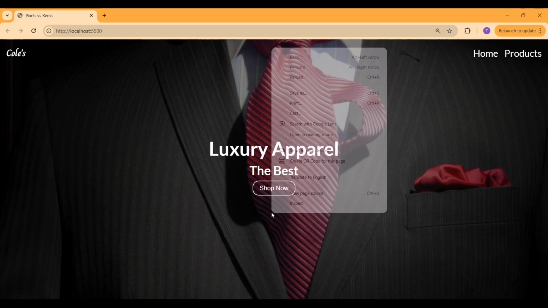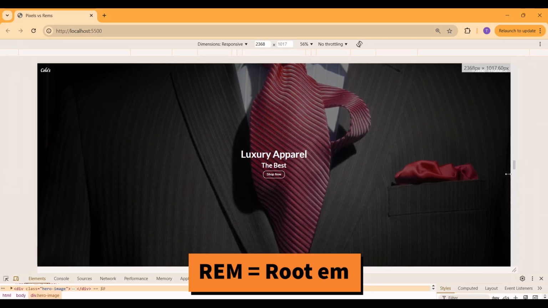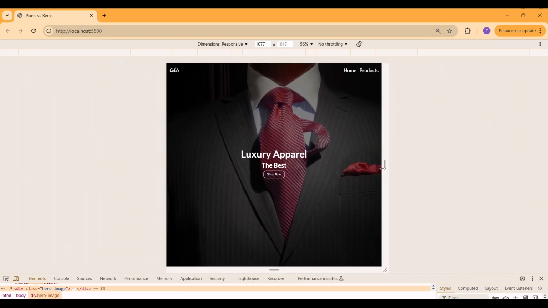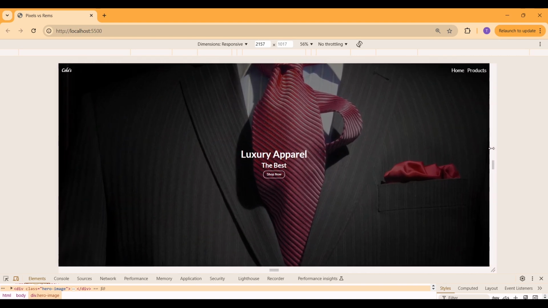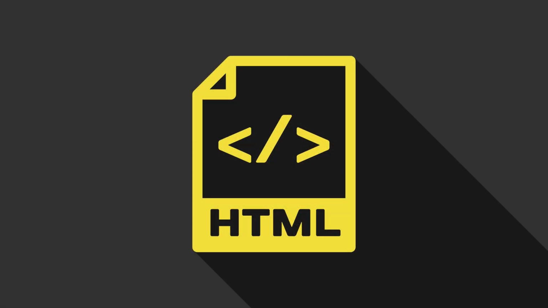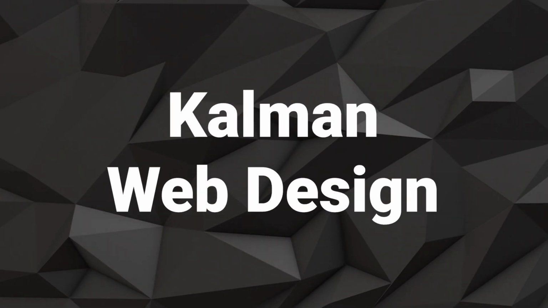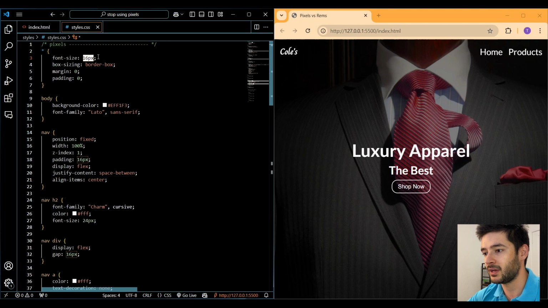Rem stands for root M, and what this means is that it's a relative unit and it uses the size of your root element to size your text or whatever you're targeting in your style sheet. So in most cases, the root element is going to be the HTML element. So here you can see I have a universal font size of 16 pixels, and 16 pixels is going to